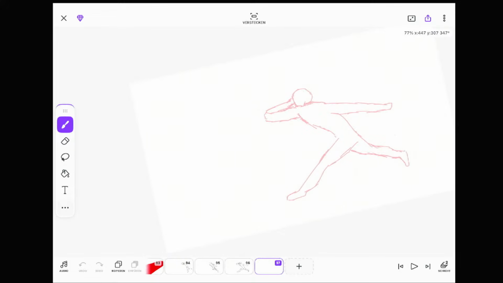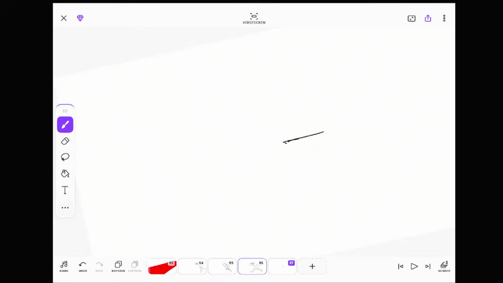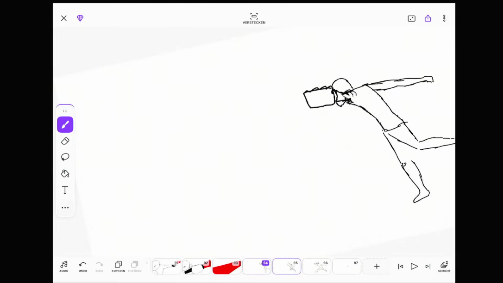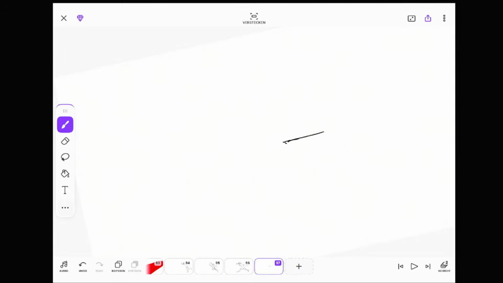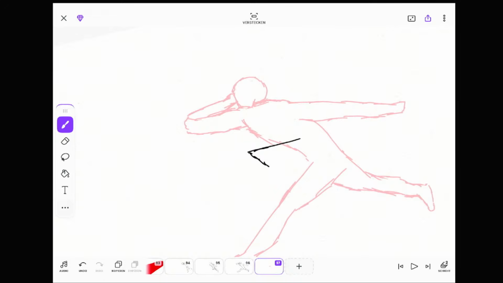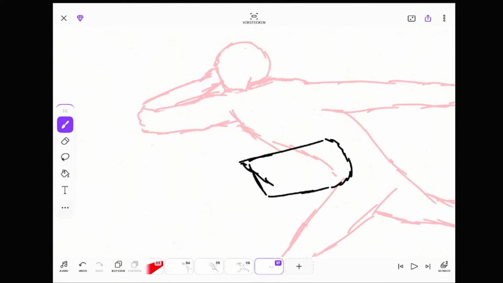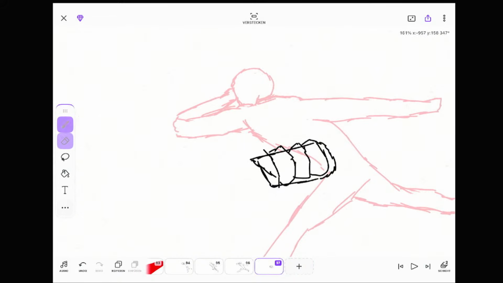So at the moment I'm just drawing keyframes. If these are my keyframes, I will further just draw the keyframes before I actually draw all of the actual frames, all of the in-betweens, I mean.